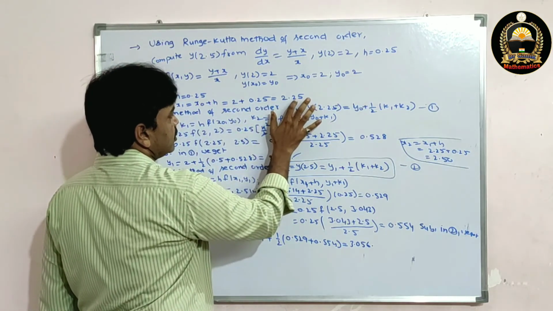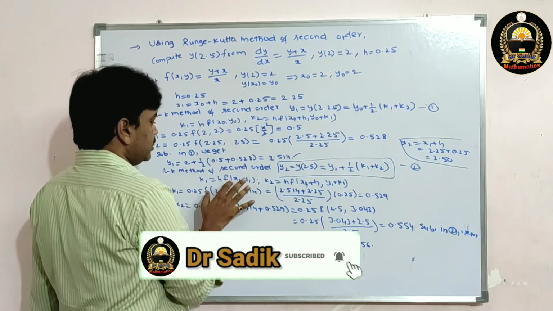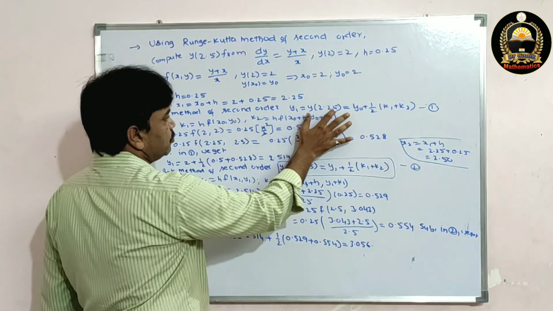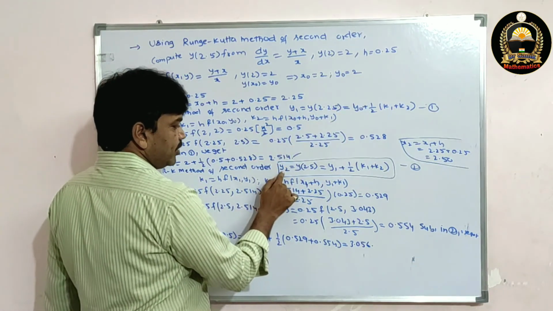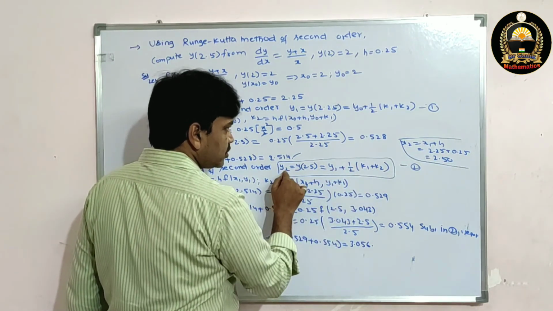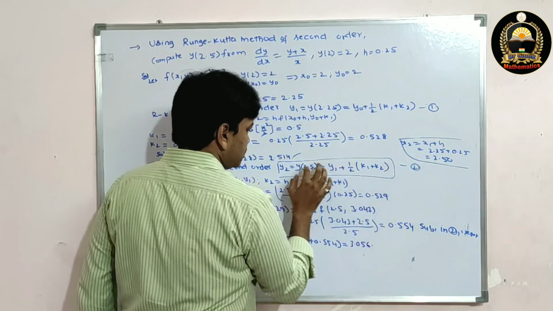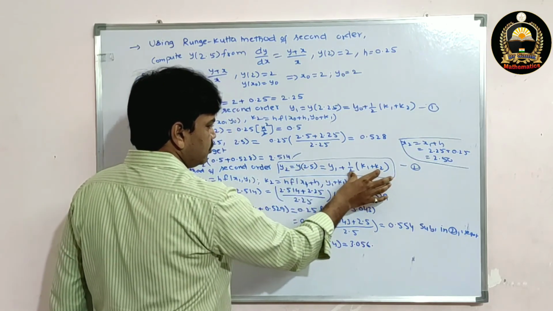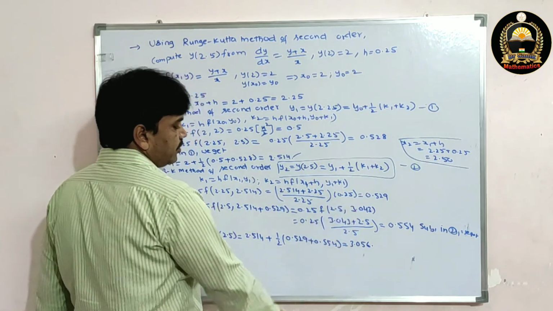See students, here it is given h is 0.25, so we get x1 value is 2.25. In the first approximation we get y1, which means y at 2.25. Then you go to second approximation: y2 is equal to y1 plus 1/2 (k1 plus k2). y2 means y of x2, x2 means x1 plus h, 2.5, so y2 means we get y at 2.5. Simply find k1, k2 values, substitute here and simplify, then you get the final answer, students.